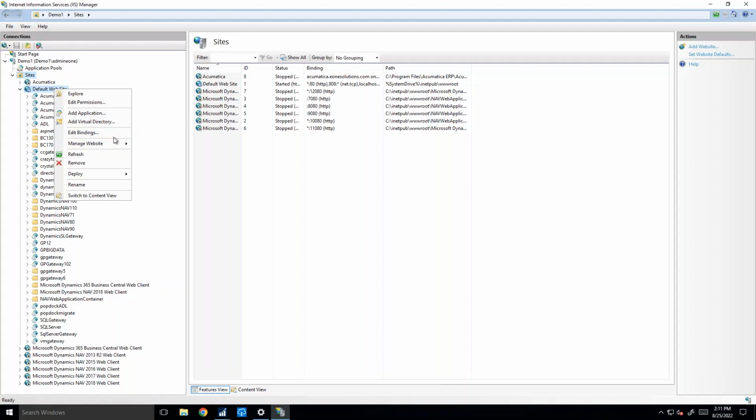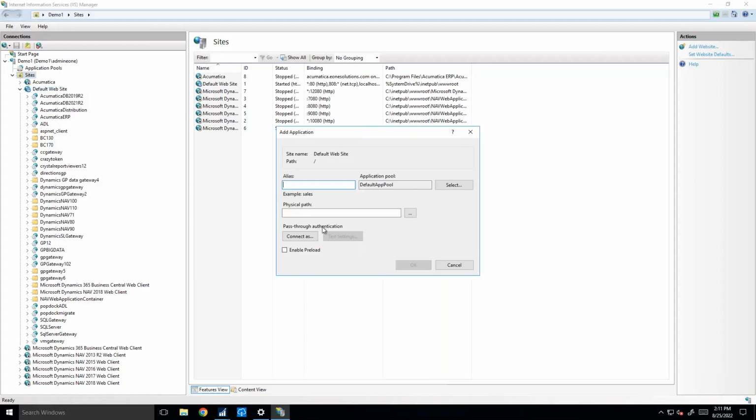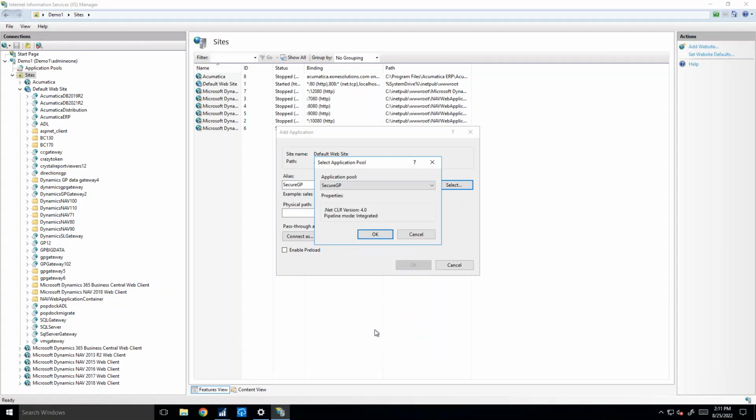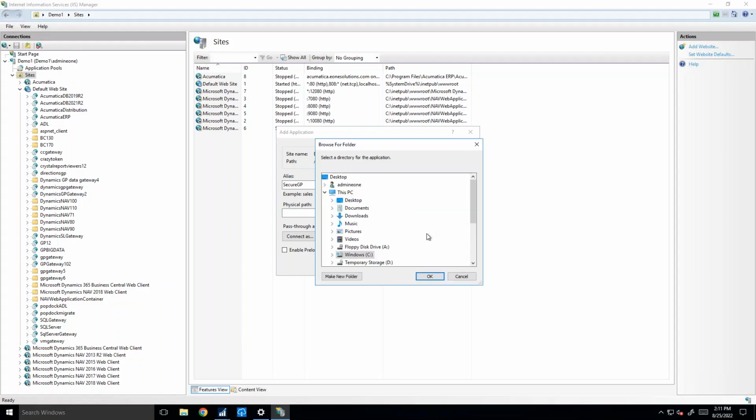So if I go ahead and hit add an application, and again, don't get caught up in this. This is all documented. I just want you to understand that there are a few steps to ensure that we're locking this down securely. So what did I call it? Secure GP. I'm going to choose that application pool that was just created. Okay, and then you browse out to where the files were placed. In this case, they got placed into Program Files x86,